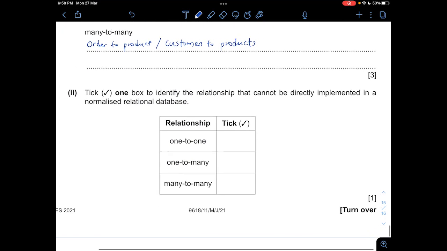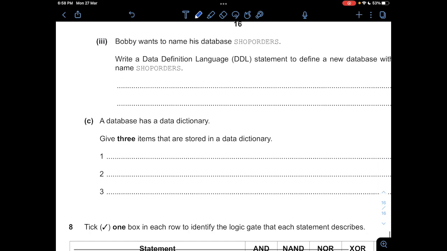right? And tick one box to identify the relationship that cannot be directly implemented. This will be many-to-many, right? The others can be implemented in a normalized relational database, but not many-to-many, right? So remember that. And then 7C,